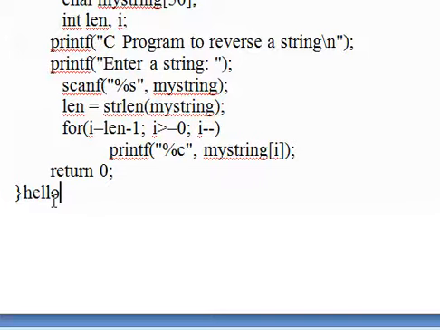When the string length is 5, the array index is 0 to 4. So we get the last character at index 4 and the first character at index 0.